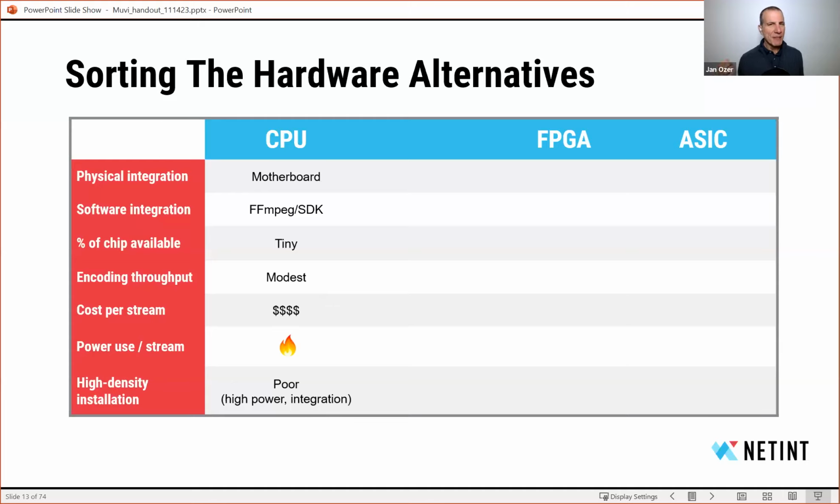CPUs are very power hungry, and very little of the chip is devoted to transcoding, so you're going to have a high power consumption per stream. And this makes it very, very hard to create high density solutions for transcoding with CPUs. You just can't pack that many of them into a single server. And even if you could, the power consumption is going to be very excessive, and the heat generation is